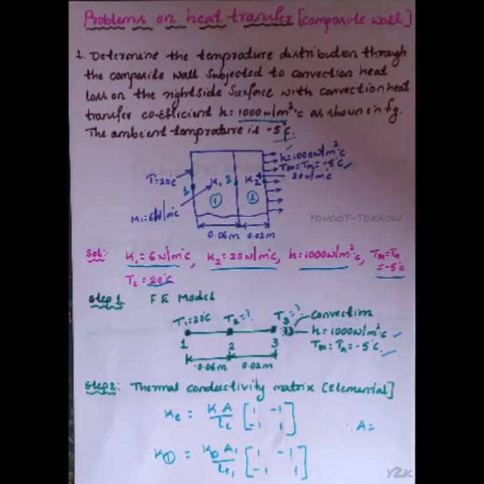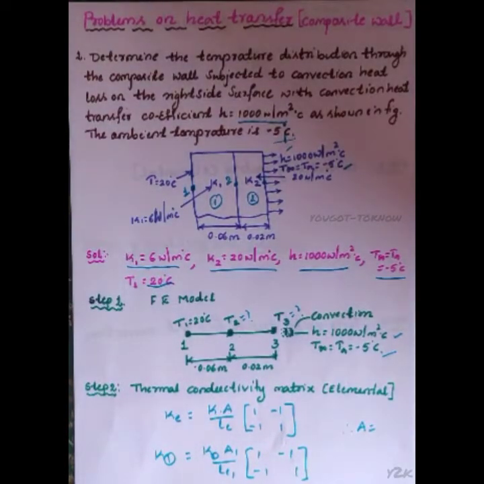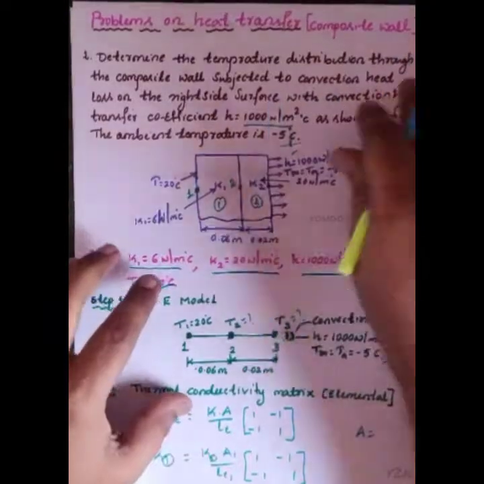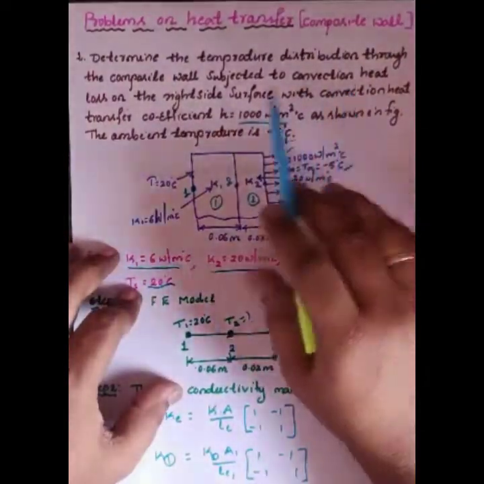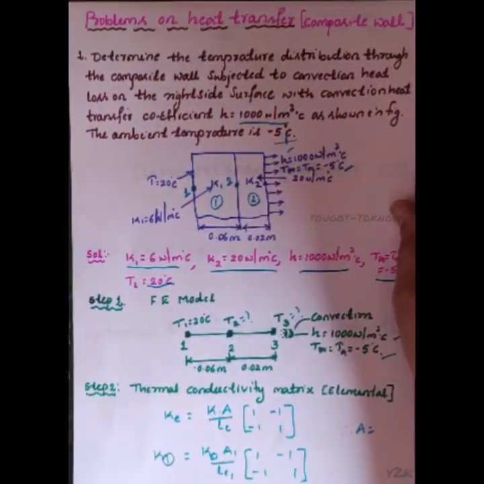Good morning, guys. Today we are going to solve a problem on heat transfer. The first problem we are going to solve is on a composite wall. Determine the temperature distribution through the composite wall subject to convection heat loss on the right side of the surface